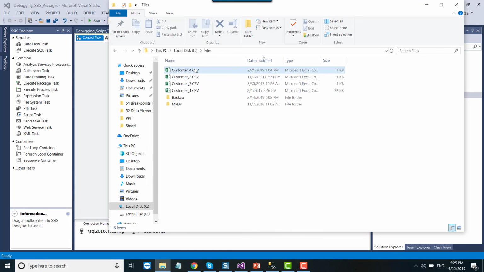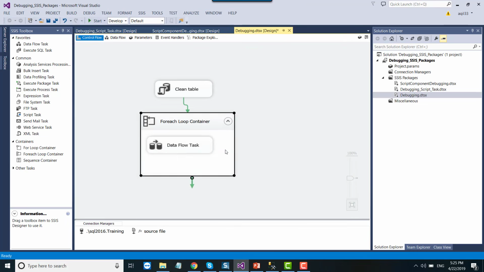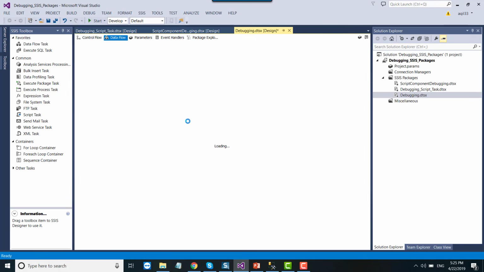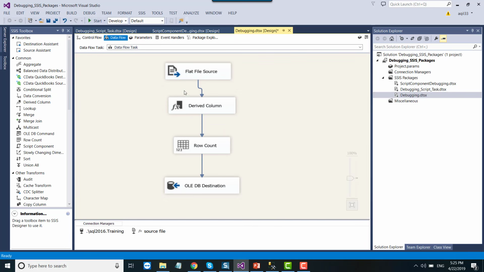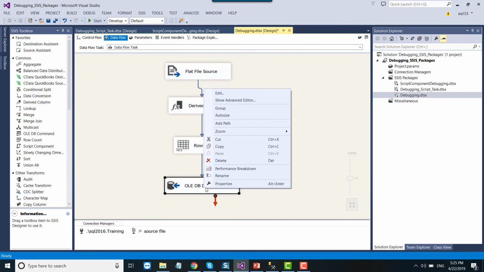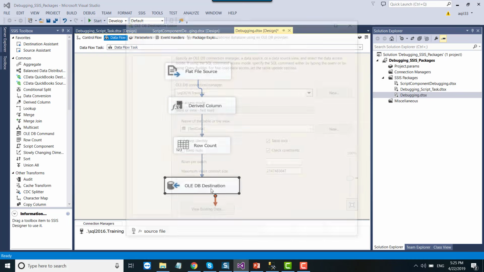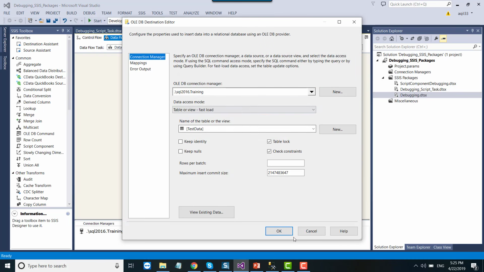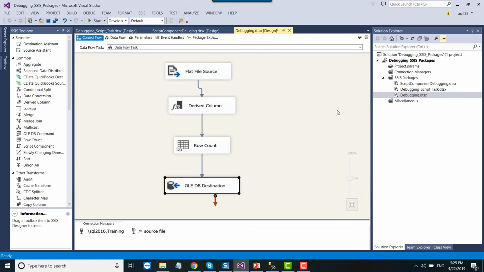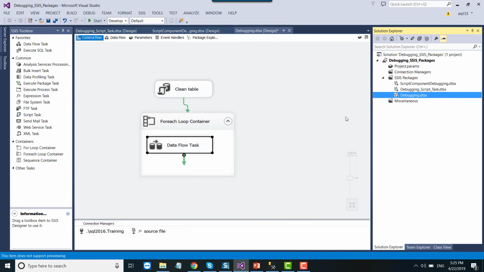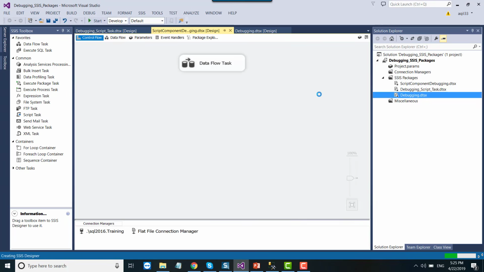So there are some 4 CSV files here, so it loads all CSV files to a SQL Server table. So if you go to the data flow task, we have used a flat file source which can actually pull data from a flat file, and then we can populate the data to the test data table under training database. Okay, so if you want to run the package, you can right click and execute the SSIS package manually.